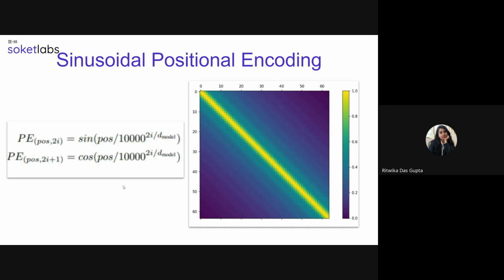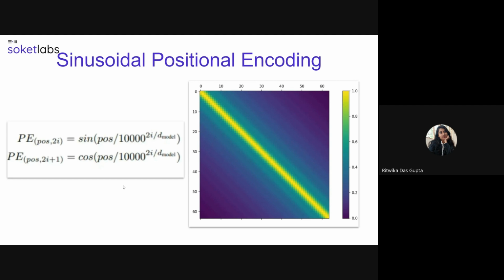Then there's something called sinusoidal positional encoding, which is mainly used in terms of audios. It uses sinusoidal functions with different frequencies to encode the position of each element in the sequence. So it uses the sine and cosine functions, which are used to represent the even and odd positions in an audio frequency sequence. This method is based on the idea that the position of a token can be represented as a series of sine and cos frequencies, where each frequency corresponds to a different position in the sequence.